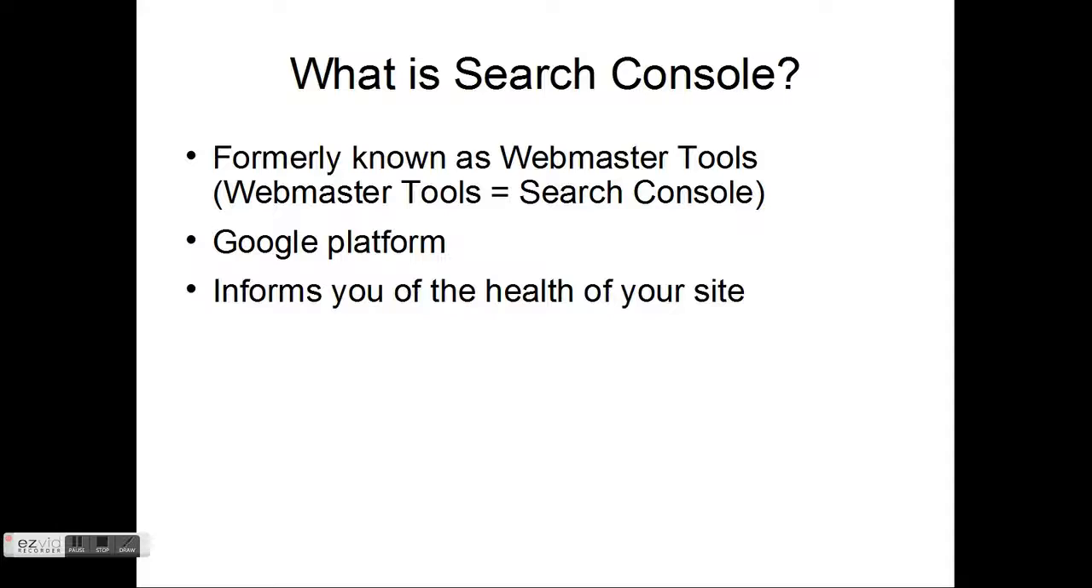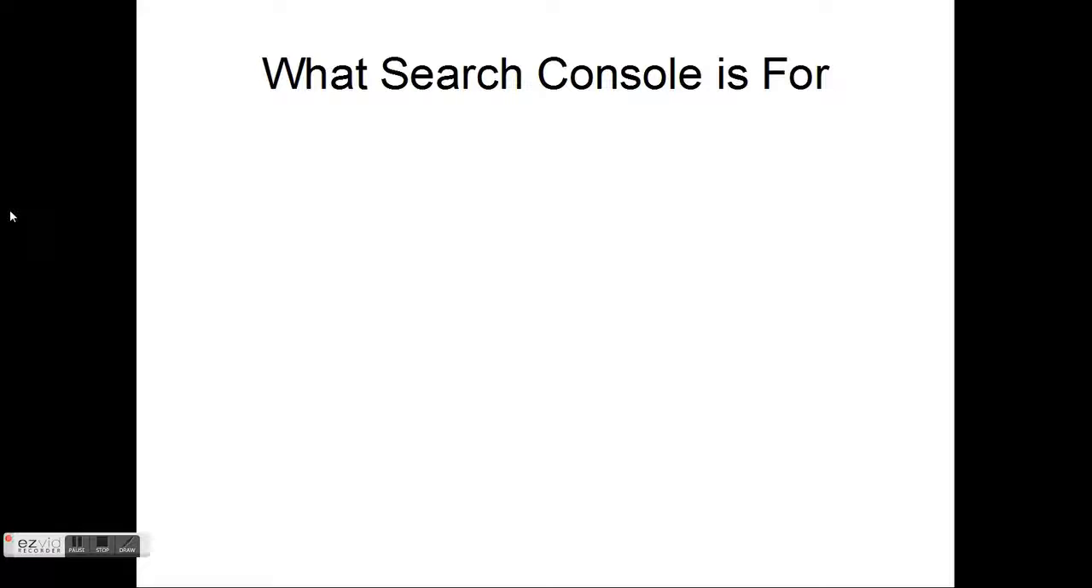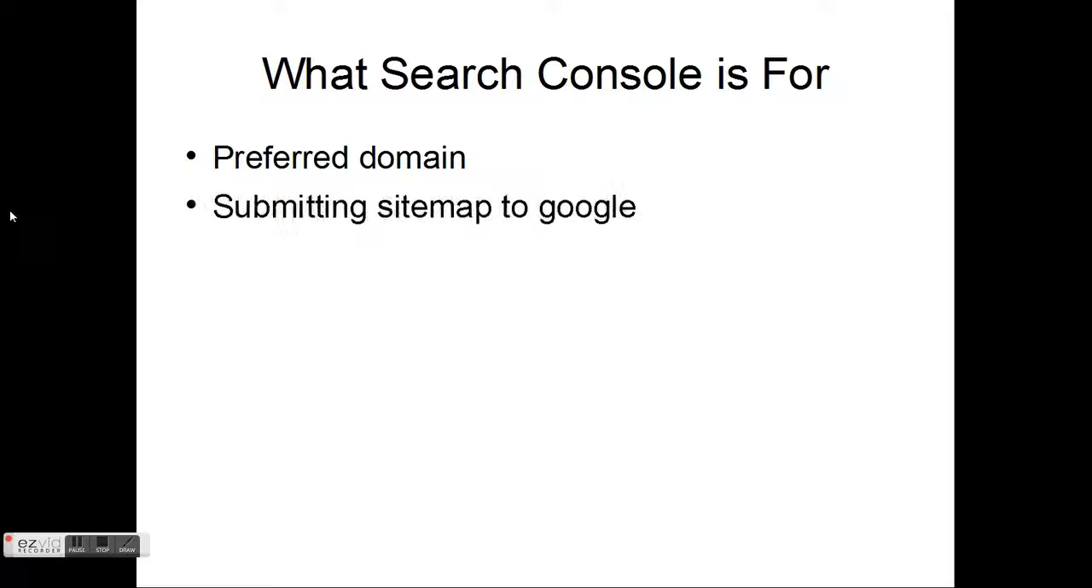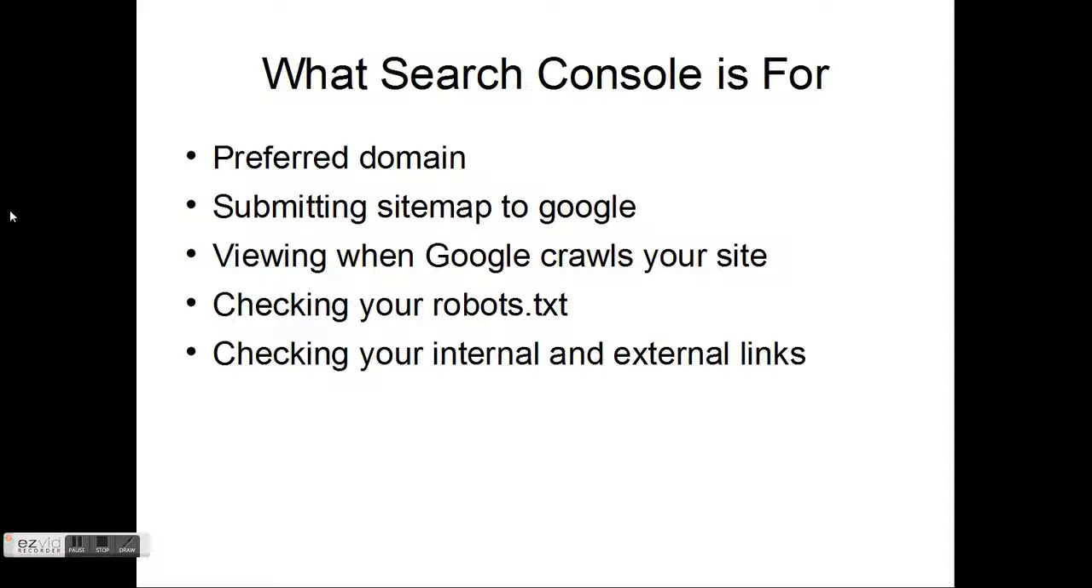It informs you of the health of your site and of how your site is appearing in Google search results. More specifically, it's for setting a preferred domain, telling Google which version of your site you want to look at, indexing your site through a sitemap, viewing when Google crawls your site and how often, making sure your robots.txt file is okay to allow Google to crawl your site, checking your internal and your external links, listing any crawl errors that Google encounters,